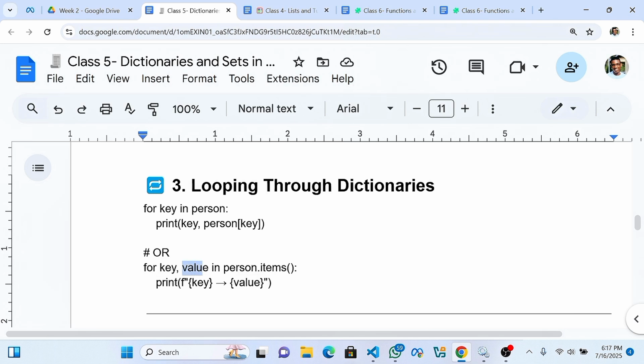person.items(). If you use this as well, you can use an f-string, which is a kind of string formatting way. Then you put in the variable key and the variable value, and it's going to print the key and the value of